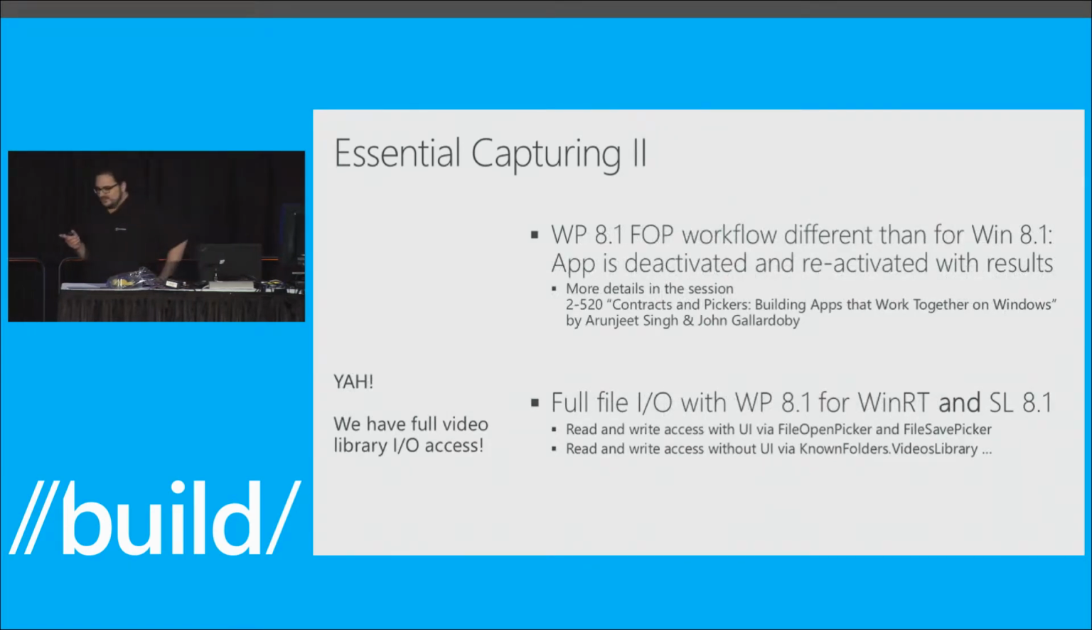Important thing is that the workflow is different than for Windows 8.1. So for Windows 8.1, if you use the file open picker, you have an async method, which you can await. And when it's done, you get the files passed back. But this is different on Windows Phone because there's a different application lifecycle. So once you launch the file open picker on Windows Phone, your app gets deactivated, and the user sees the file open picker UI. And once he picked the file there, then your app gets activated again, and you get an activated event triggered in your app,